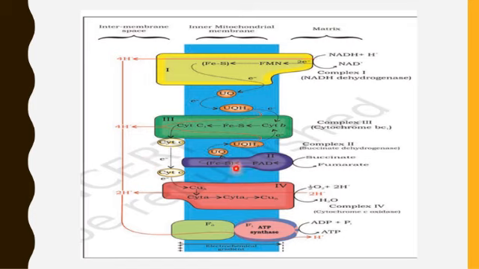Electrons are accepted by the electron acceptors, and then there is complex 3. Again, the electrons are accepted by the electron transport chain, that is cytochrome C, and the hydrogen ions split into protons, which pass into the intermembrane space. And similarly with complex 4, here the hydrogen ions are accepted by oxygen, the terminal acceptor, and they form water. So this is known as the terminal oxidation.